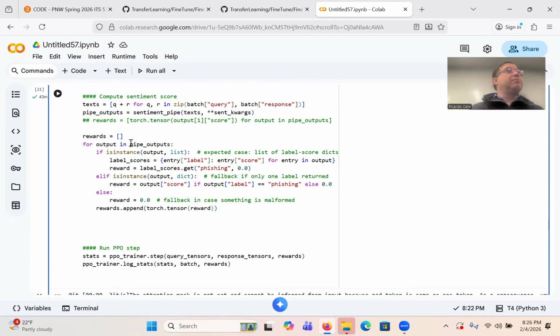So this rewards, where this line below, this one, oh, the if statement.